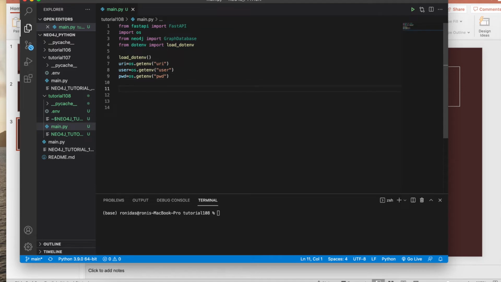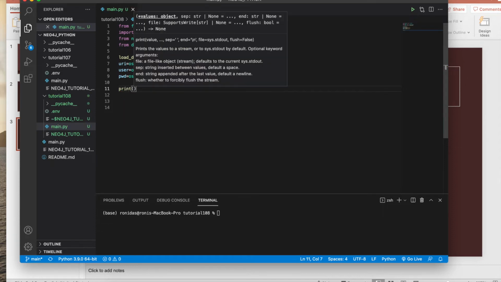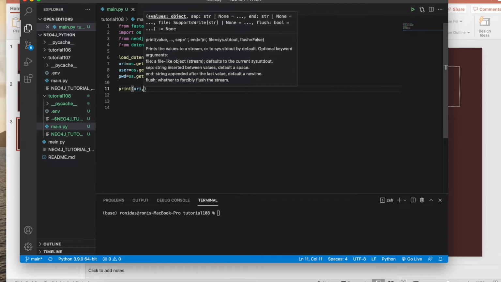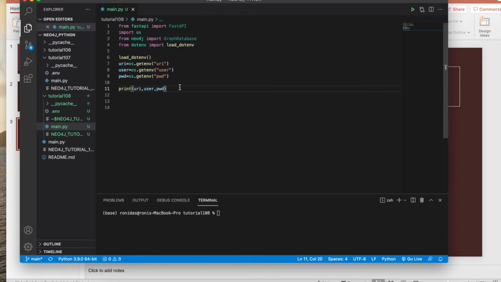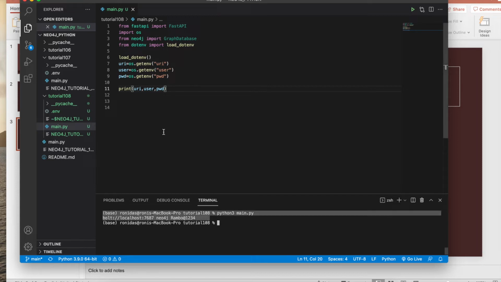all are done. Now let's see whether all these things are actually printing the correct values or not. Sometimes it throws some error without any reason, so that is why I just do this thing. So it should be python3 main.py. So it is actually reading the correct values. Okay,